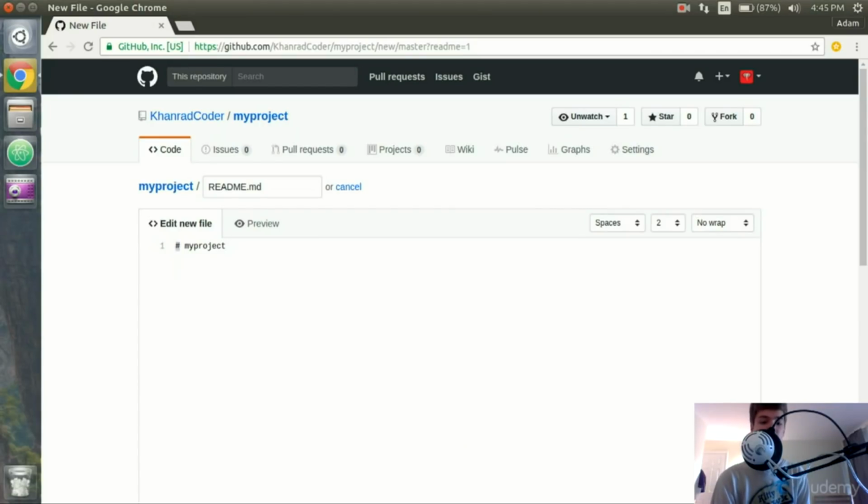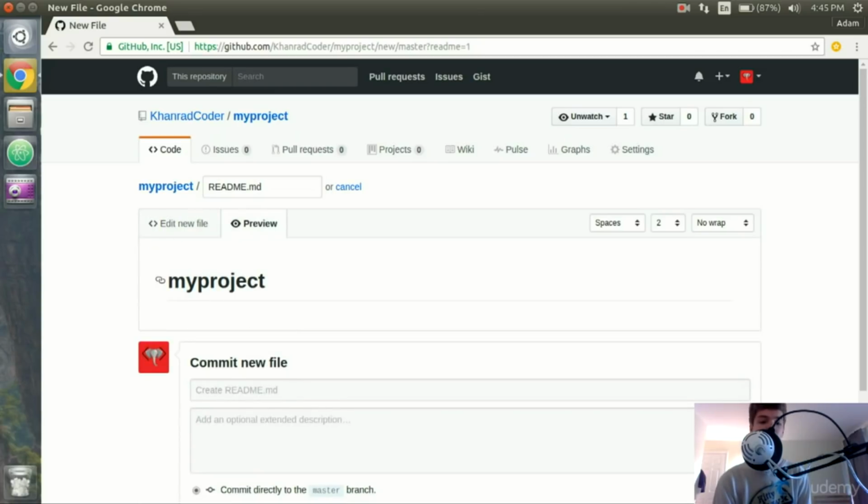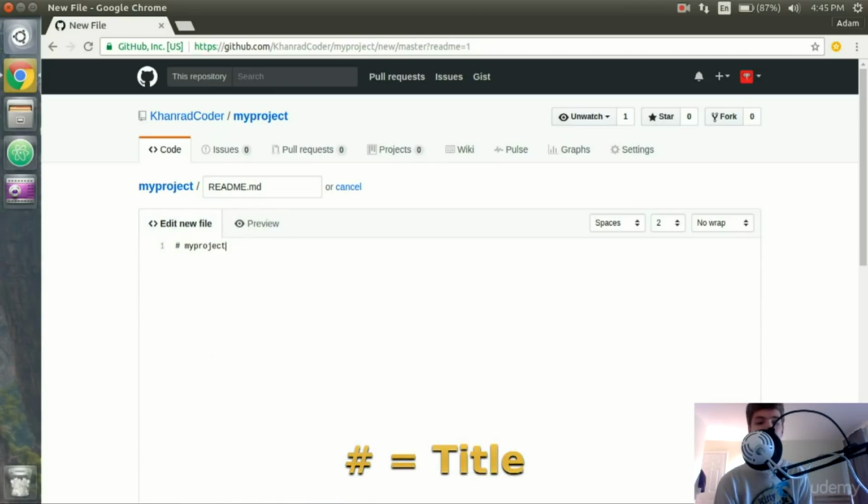and it's very, very easy. Right here, whenever you start off a line with a hashtag, that makes it the title of the README. So if I go over to preview, it says my project in bold. I'm going to change the title to welcome. Let me make that W capital. Welcome to my project. Now you see if we head over to preview, you see the title says welcome to